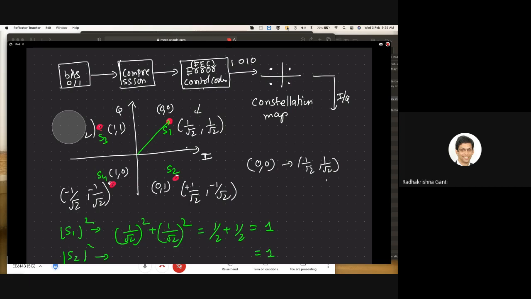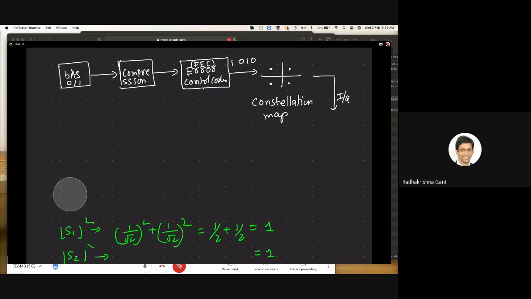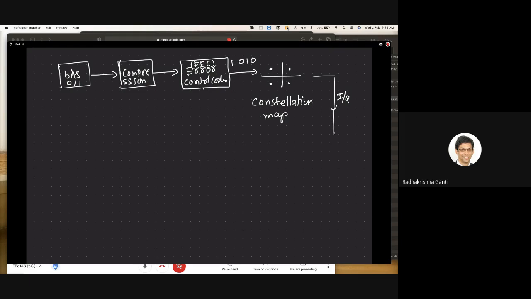So I'm going to just erase this and then we are going to do the next, go to the chain. So you have I and Q. After I and Q, generally, there are some filters. I'm not going to put all the filters and other things for now. So after IQ, you send them to an IQ modulator, or a quadrature modulator. So what does a quadrature modulator do?